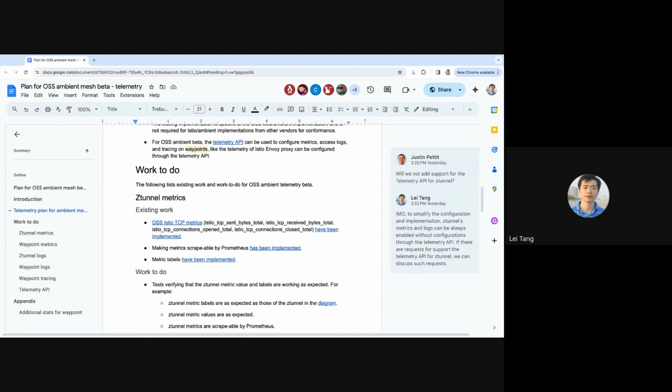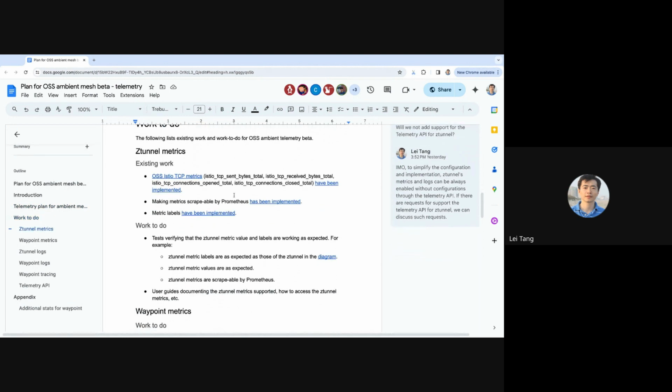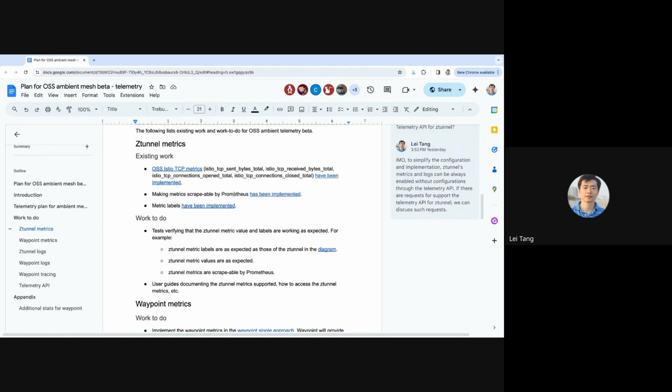The metric labels have also been implemented. The work to do is mainly to add tests, for example, tests to verify the Z-tunnel metric values and labels are working as expected, and the user guides also.